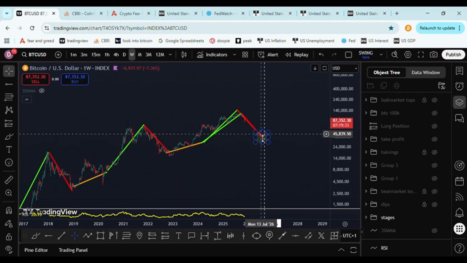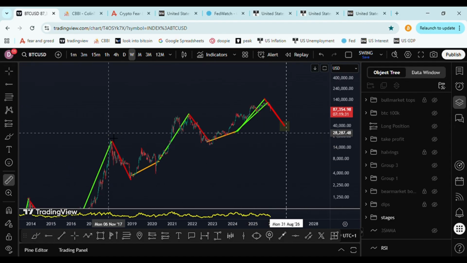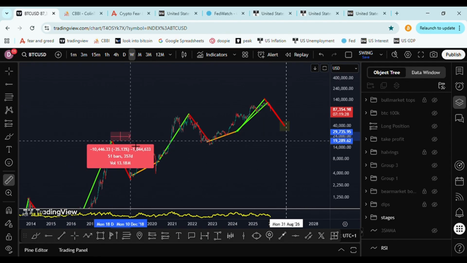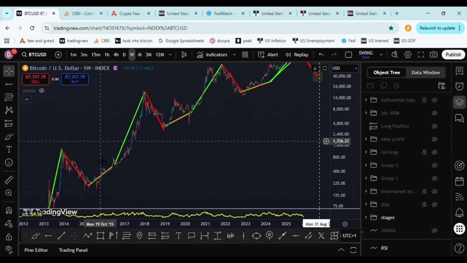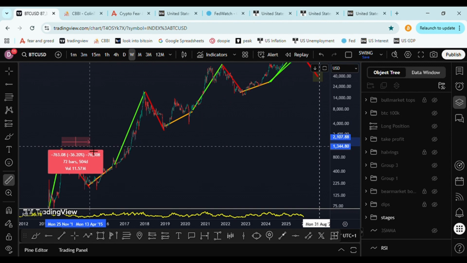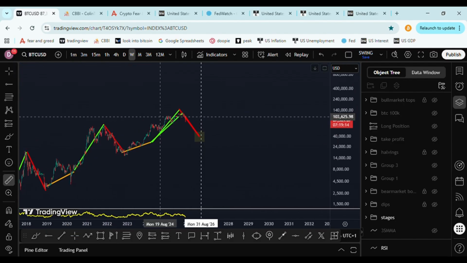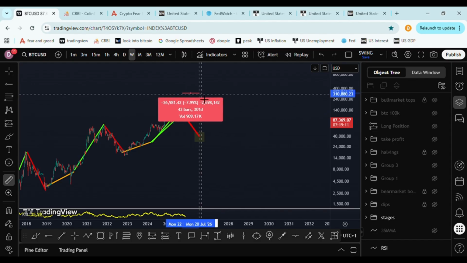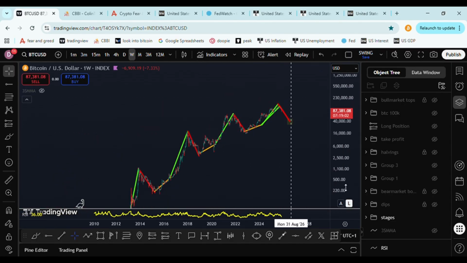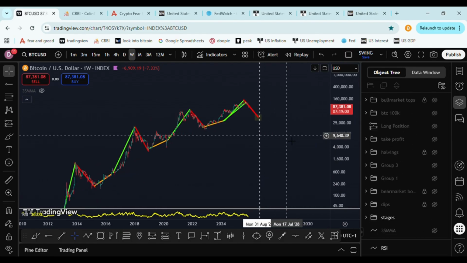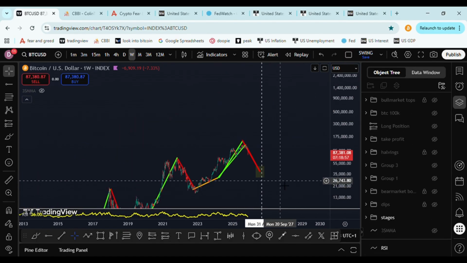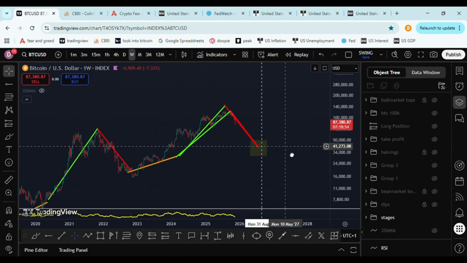This bear market is based on the timings. We can see normally after a bull market we see the bear market bottom 50 weeks later. In this bear market it was around 50 weeks as well, 60 weeks. Here it was 56 weeks. So if we go with around 50-60 weeks, we would be here in that summer of 2026. That is the scenario I would draw in, and it would be the golden zone to buy Bitcoin. So I would be prepared for that.